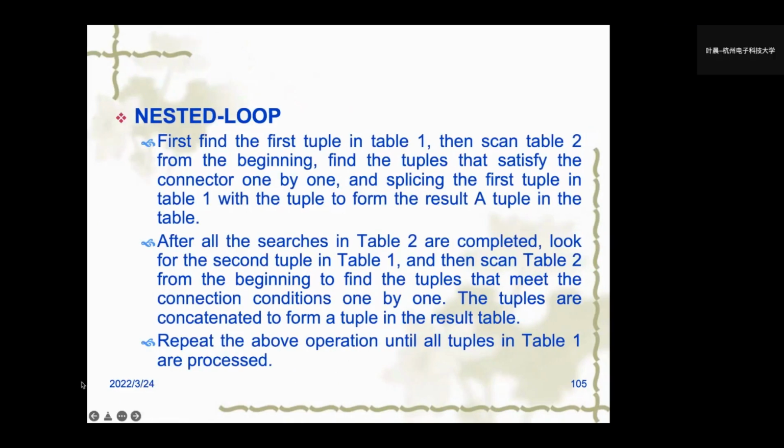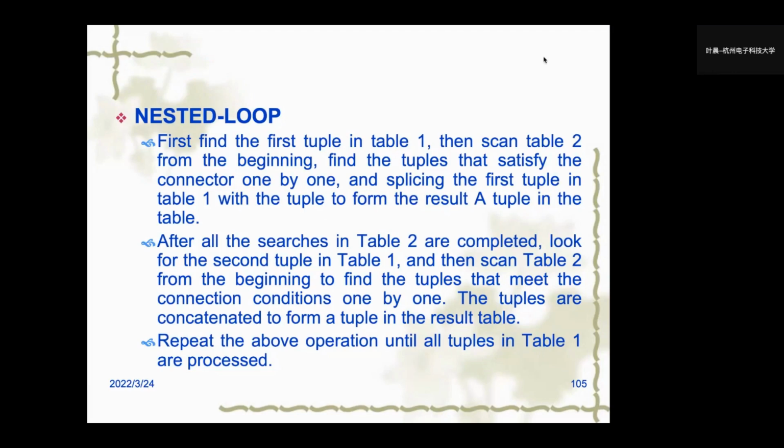So the next loop first finds the first tuple in table 1 and scans table 2 from the beginning and finds the tuples that satisfy the condition one by one, and concatenates the first tuple in table 1 with the tuple to form a tuple in the result table. So after all the searches in table 2 are completed, look for the second tuple in table 1 and scan